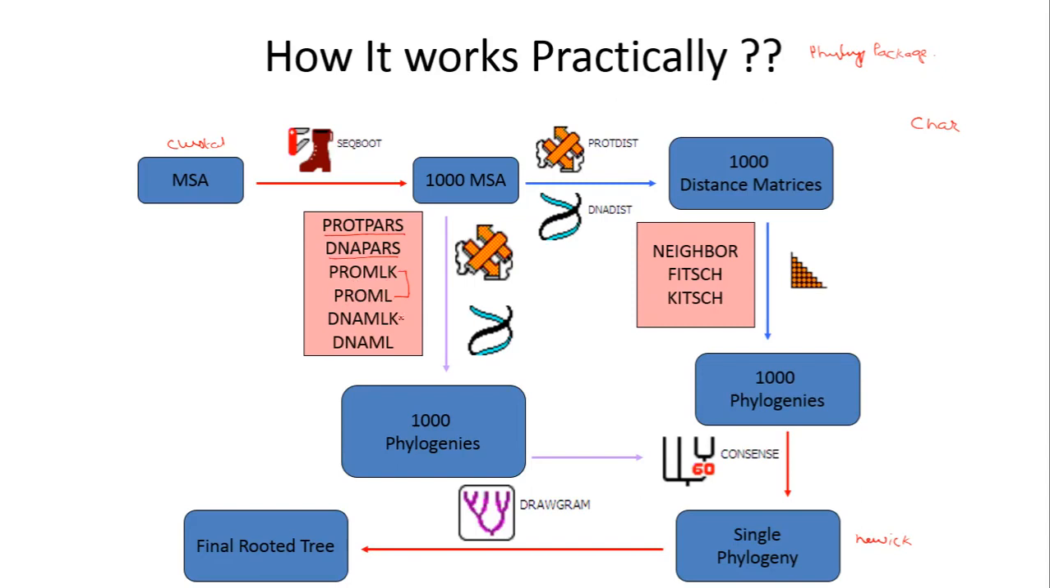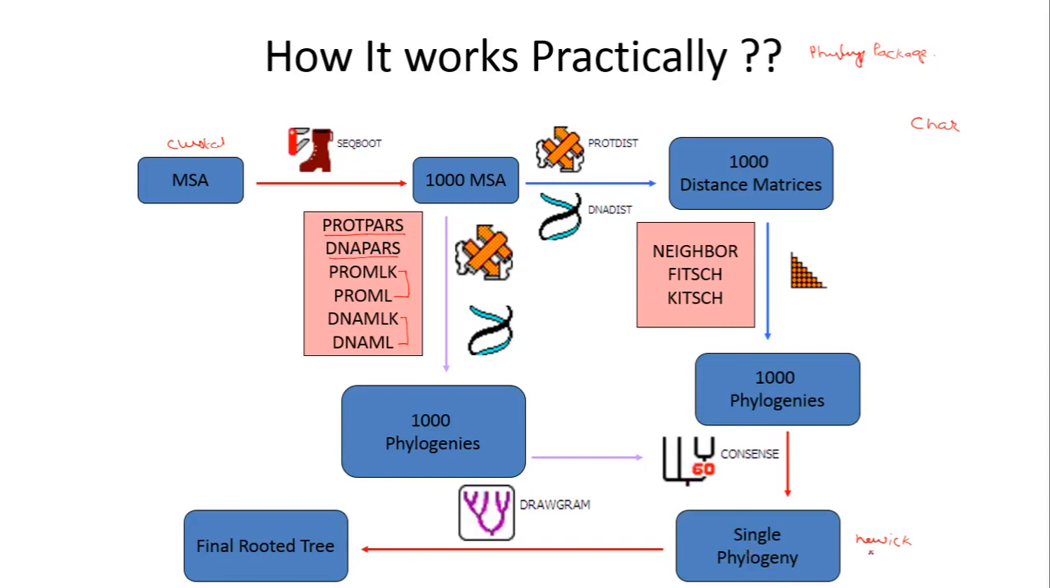If you are using DNA in your character data set, then you can use DNAMLK and DNAML for generating the phylogenetic tree using the maximum likelihood method. Okay, so whatever computer program you use, you might again end up with 1,000 phylogenies, creating 1,000 trees, right? And from these 1,000 phylogenies, you can use this consensus program to create a single phylogeny, which would be